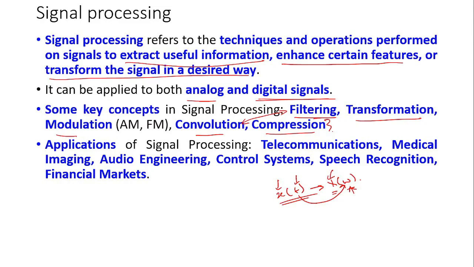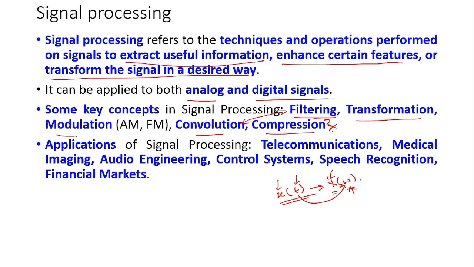So if you compress the image to a very large extent, then there would be pixelation. In the pixelation, what will happen? You may not be able to see the face of your colleague. So over there is a loss of the information, right? So compression is also there. However, it is not within the scope of our study, so we will not discuss compression in our lectures.